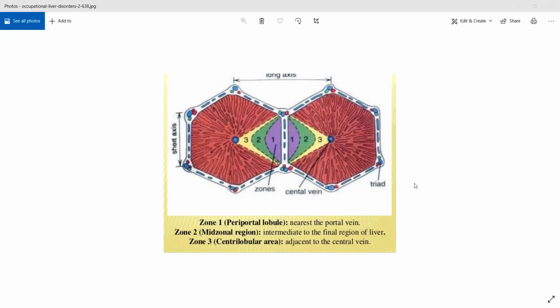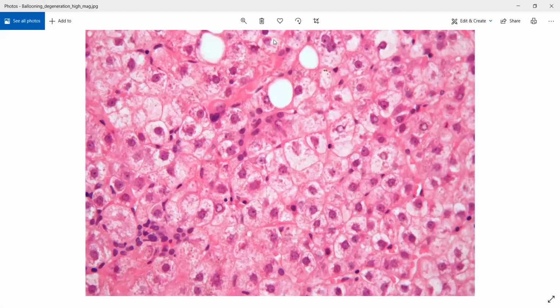Along with that, you will also see something called ballooning degeneration. What happens is hepatocytes will appear swollen, and their granular cytoplasm will tend to condense around the nucleus, because of which they will look like balloons. This problem is called ballooning degeneration. Let me show you an image once again. See, this is ballooning degeneration. What is happening here? The nucleus is condensing to one area, the cytoplasm is becoming granular, and the cell itself will become swollen. It will start looking like a balloon. That is called ballooning degeneration.